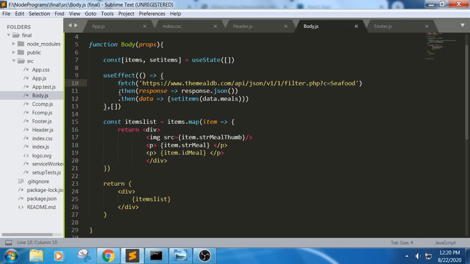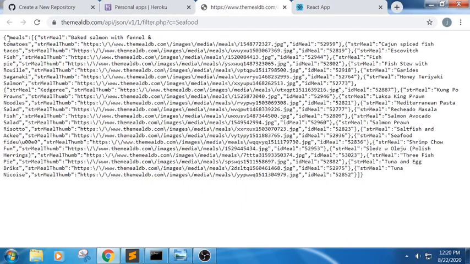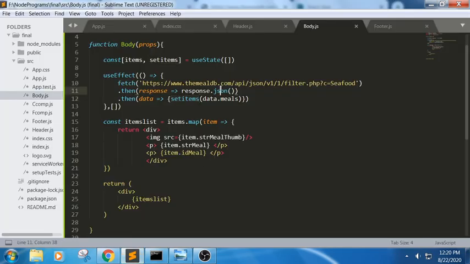In this fetch method, we will have a response in the form of JSON. It means it will just try to parse the file. It will not try to retrieve the values. Whereas here we are using a function, that is setItems, which is trying to retrieve all the values of it. Meals is the word which we have taken from here. It means it will try to read all the values.